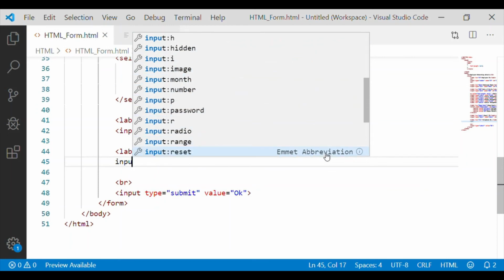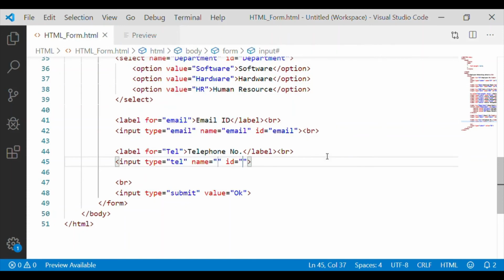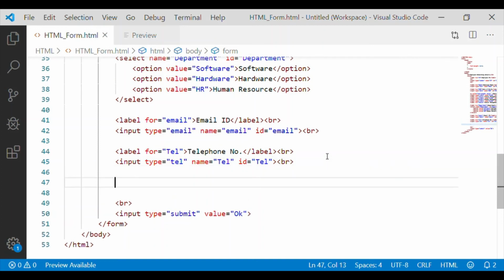That is, there is an input type TEL. So we will use that input type. So we have used input type email and we have used input type telephone in our form.